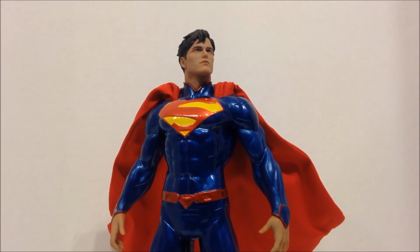This statue is about 1 foot tall. Like a lot of pieces, it's going to take up some room in your collection, but it is extremely reasonably priced at about $100. Of course, this time of year you can find it cheaper. I've seen it going for as low as 80 or 70-something on Amazon, so I would definitely look into that. Now, when I first purchased the statue, I had some issues with the cape I didn't quite like on it. Since then, though, I've been able to overlook that and just be taken in by how amazing the